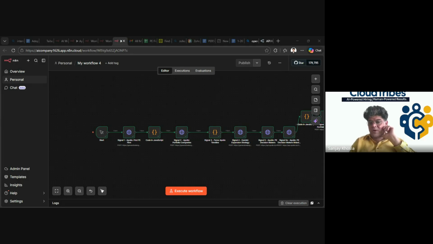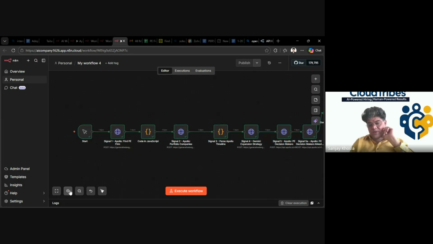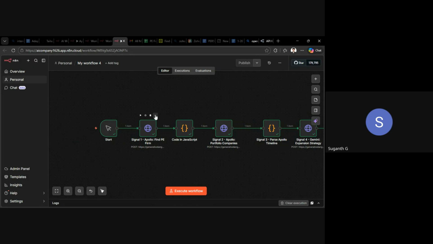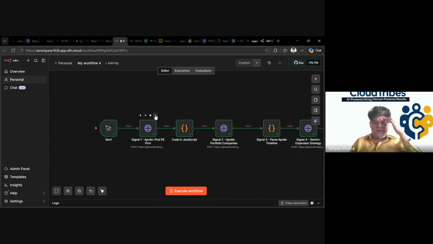So, Sugant, please go ahead and share what that workflow is on N8N and what the different tech stacks are that you've been using, and then we can take it from there. So you have the starting point here, and then please go ahead and share what it is that you're showing here. Yes, sir. So here in the signal one, we get the